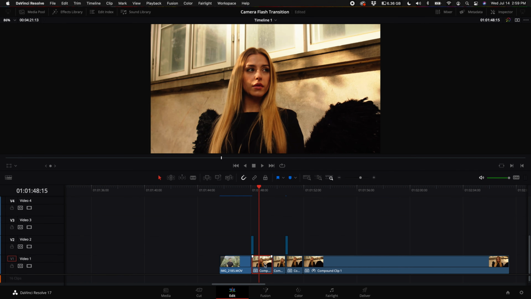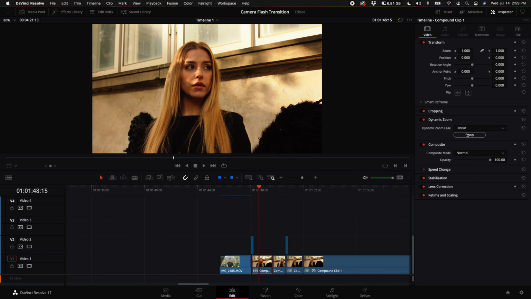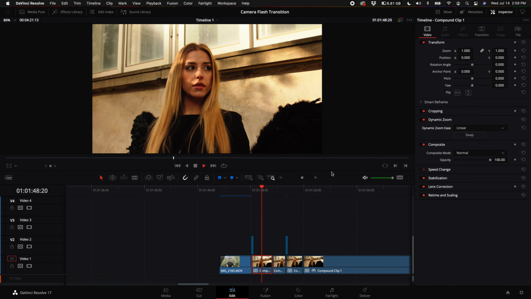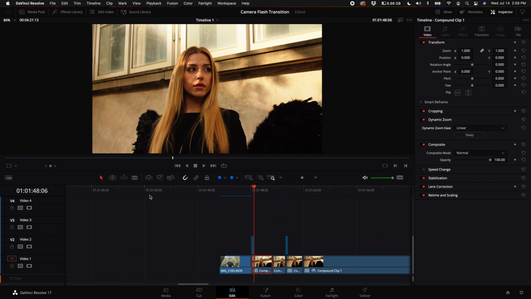Next, what you want to do is select the still frames and come up to the inspector and select dynamic zoom. Go ahead and turn that on and then select swap. You'll get a pretty intense zoom at first, depending on how long and how short the clip is. So if you want to adjust the dynamic zoom, come over here to the left-hand side on that drop-down menu,